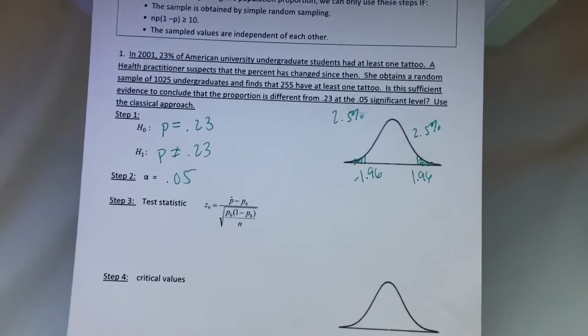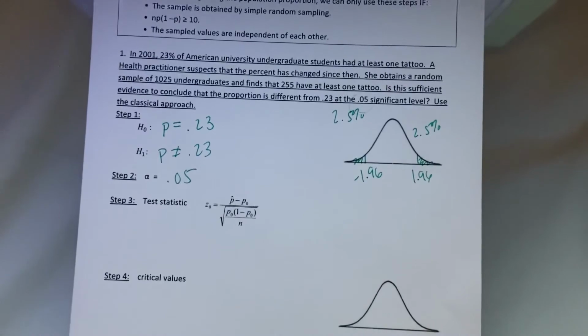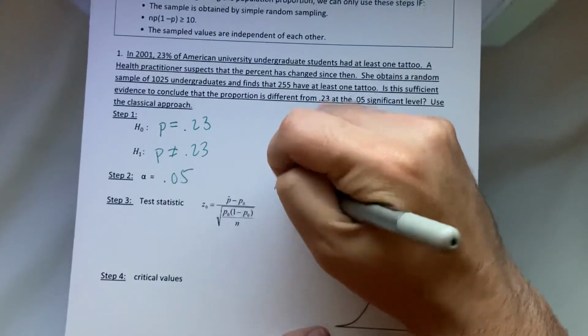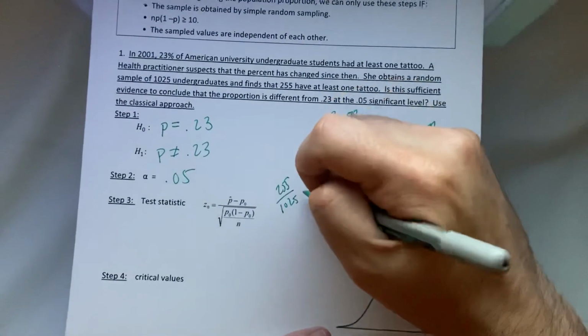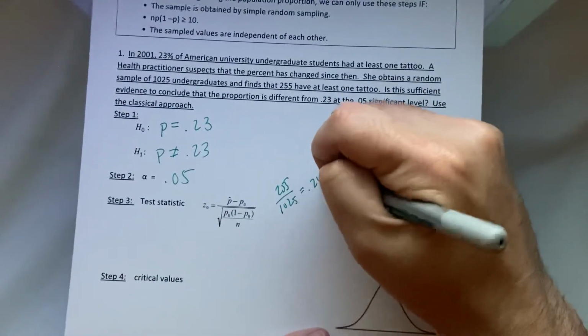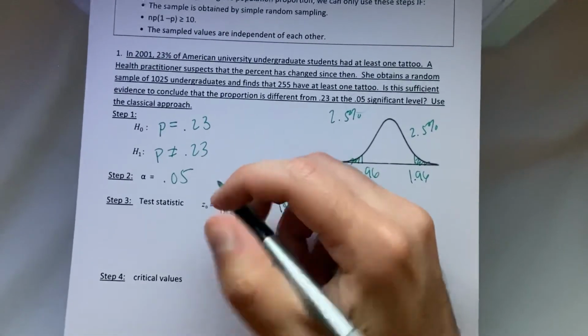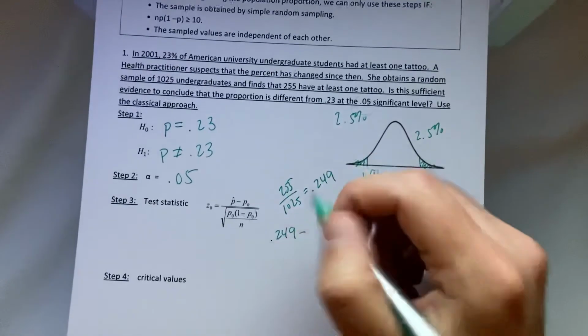And it says your test statistic is p hat minus p naught, so the sample proportion minus the null hypothesis value, over the standard deviation. What is p hat? We need to take 255 and divide it by that 1,025. What percentage did she get in her sample? And this is 0.249. Now, when I plug this all in here, I get 0.249 minus my null hypothesis number, 0.23,